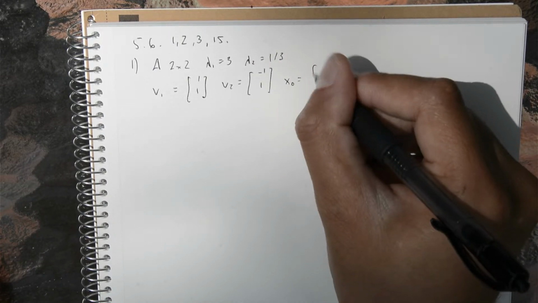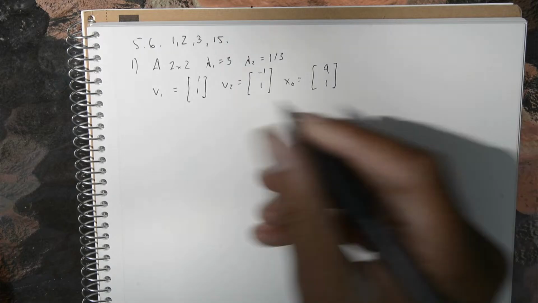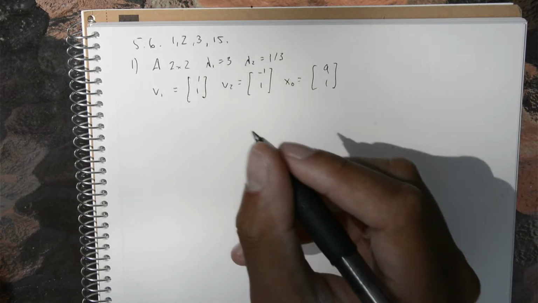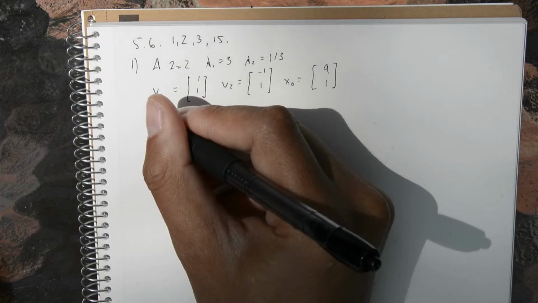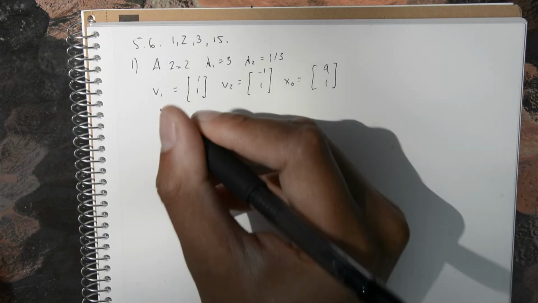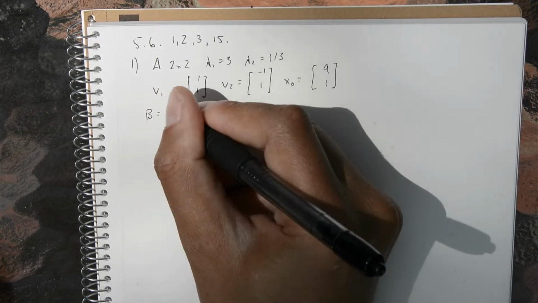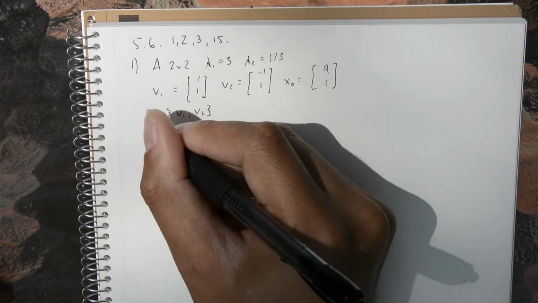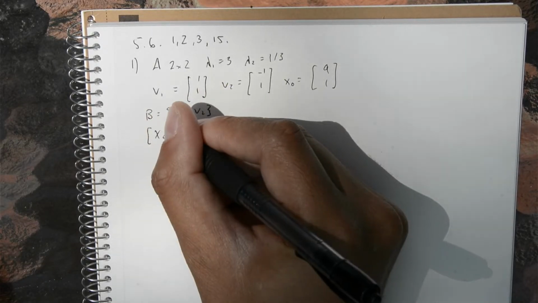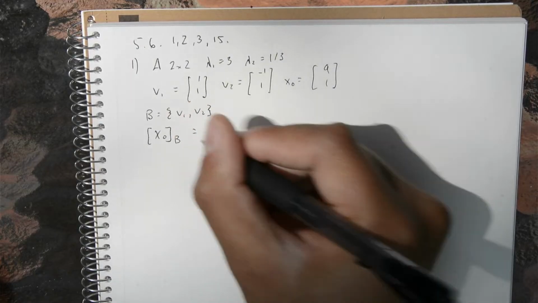X0 is equal to 9, 1. Okay, and what we get is that if B is the basis V1, V2, then X0, B